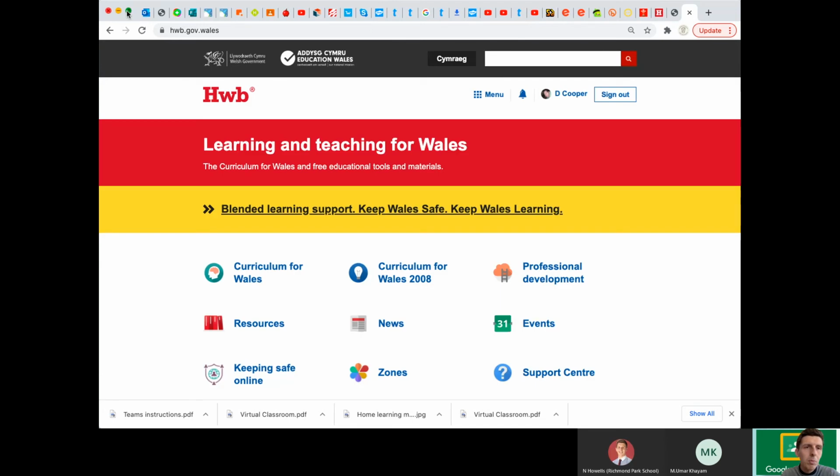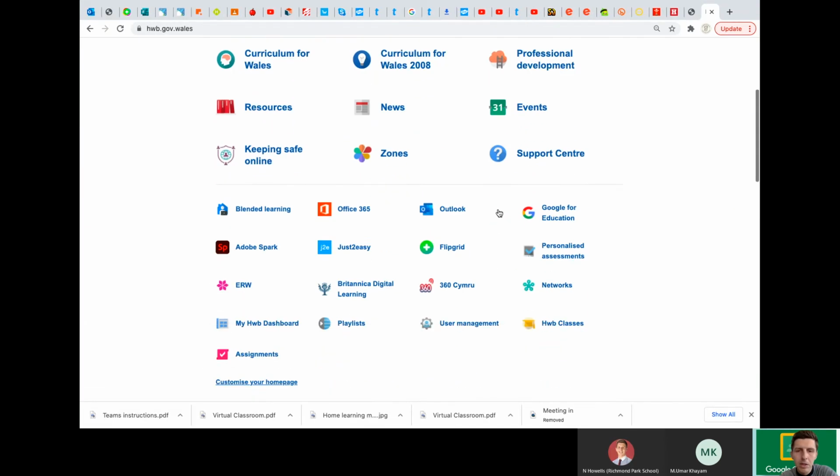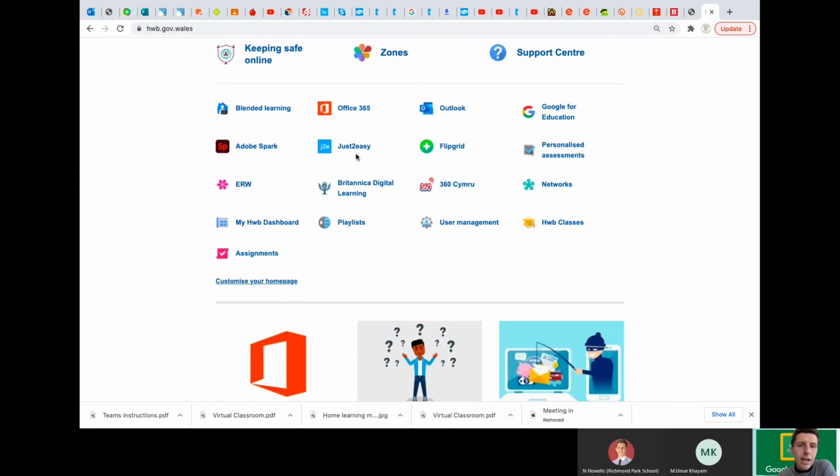Okay, every pupil will see this page, and the Welsh Government have spent millions and millions of pounds investing into